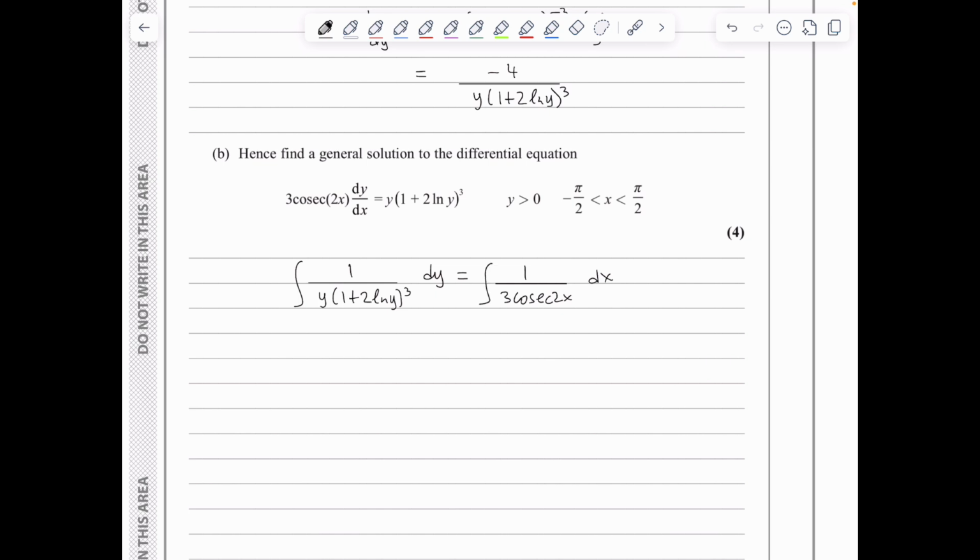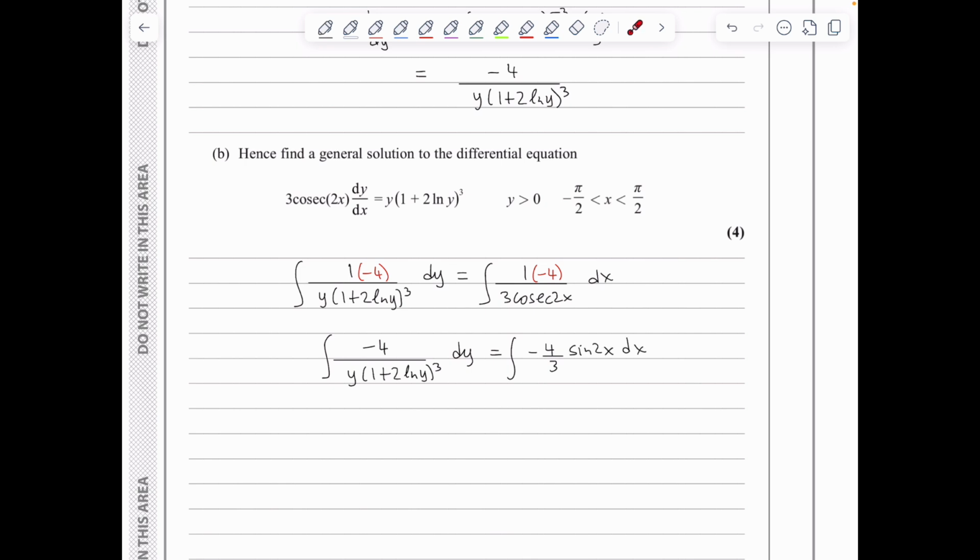Well, I notice that the left hand side to be integrated looks very much like the answer we just obtained in part A. We're just missing the -4, so I'm saying it would be just great if we had a -4 here. So I'll multiply both sides by -4. So we're looking on the left hand side at the integral of -4 over y brackets 1 plus 2 ln of y raised to the power of 3 with respect to y, and on the right hand side we've got the integral of -4 over 3, and the 1 over cosec is simply sine, so sine of 2x dx,